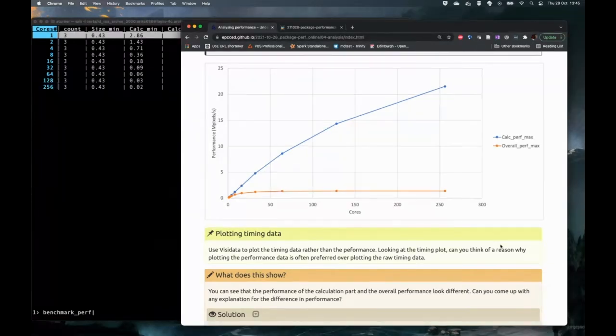you can't really see those differences, or you don't get a sense of the scale of those differences if you plot timing data. That's why it's usually preferred to plot performance data, because it gives you a better indication of where the differences lie. Although the performance data is really the same as the timing data in some sense, it's just transformed. It lets you see the differences better. So